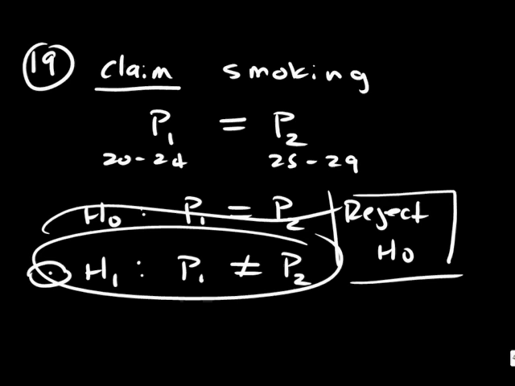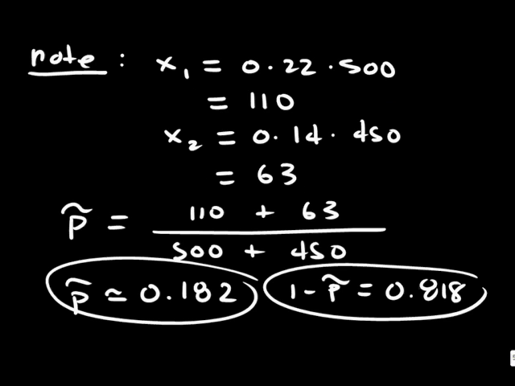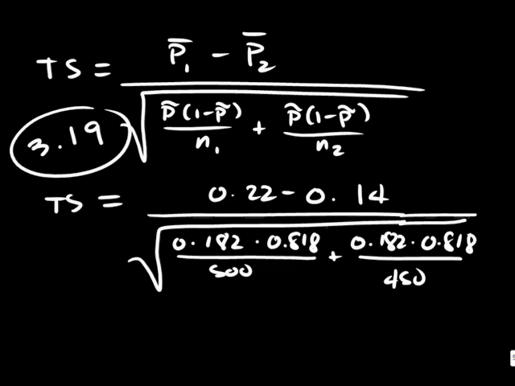And finally, question 21. Question 21, we have two types of flares that are tested for their burning times in minutes with given sample information. The claim is that the populations have equal means. So the claim is we have two products, brand X versus brand Y,